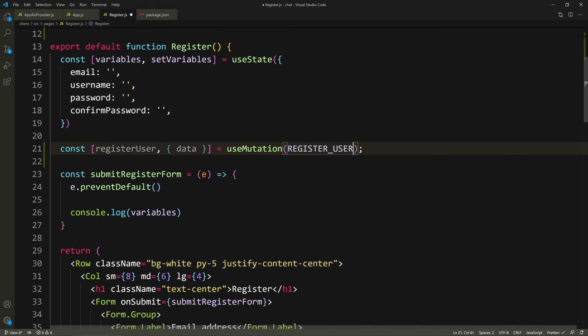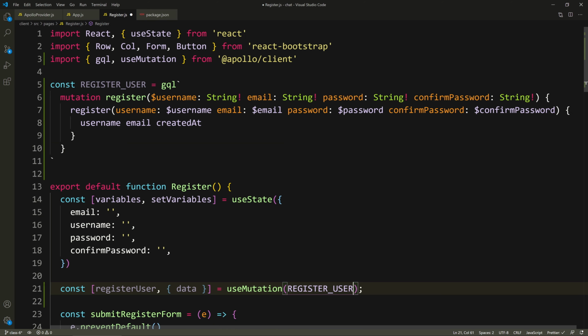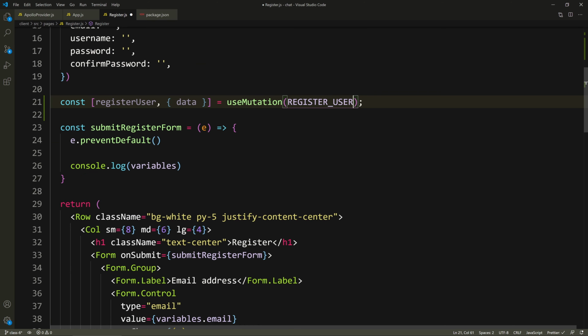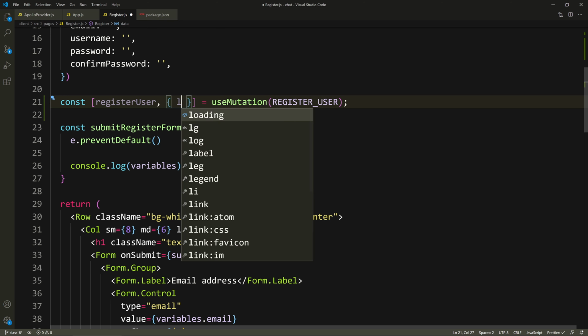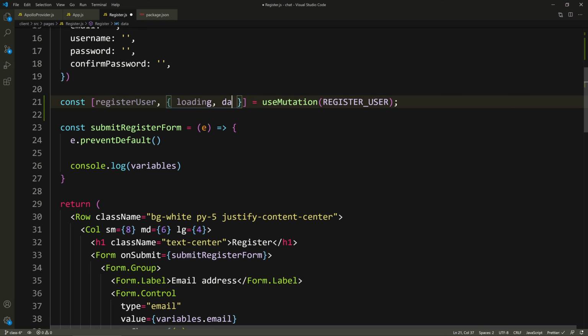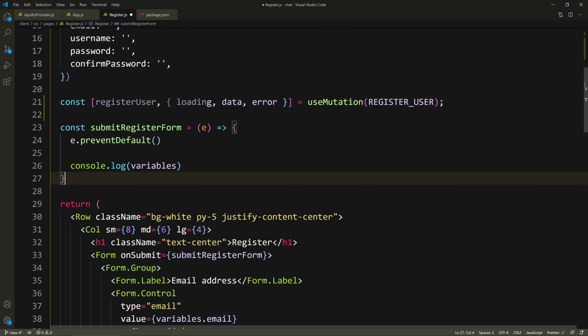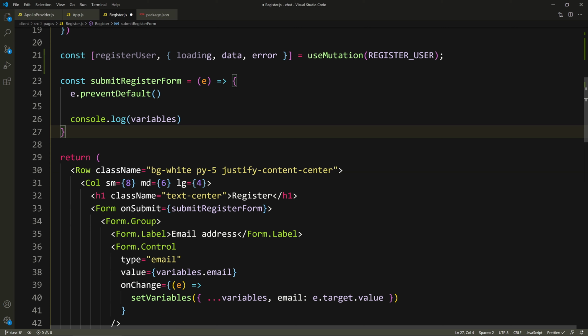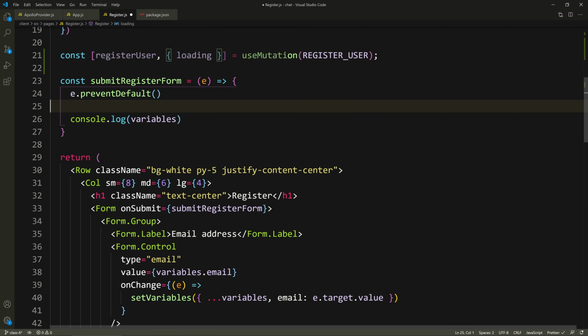And I'll provide this registerUser mutation from here into here. And so we get data, but we can also get loading and error. But there's another pattern that I'm going to use here. So for now, I'm just going to get the loading,